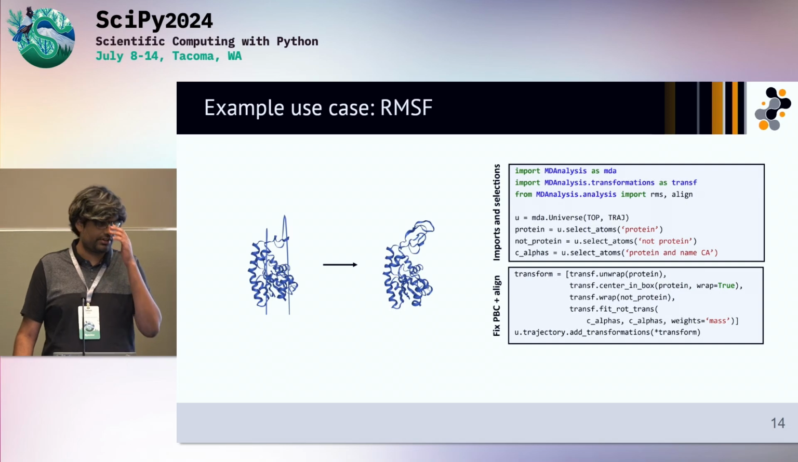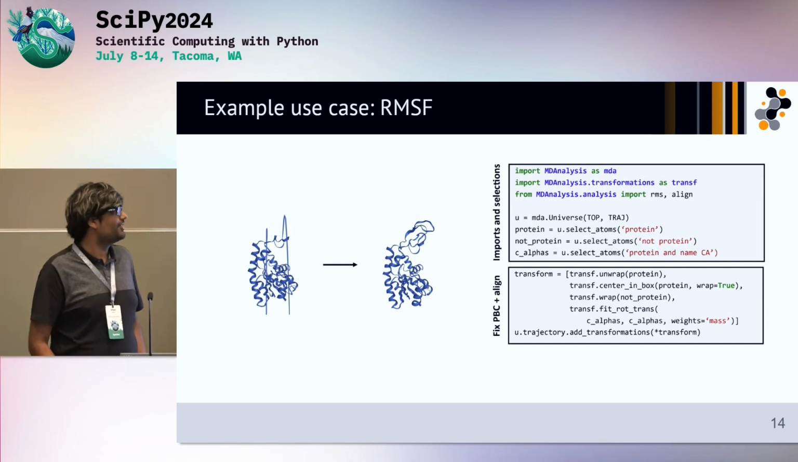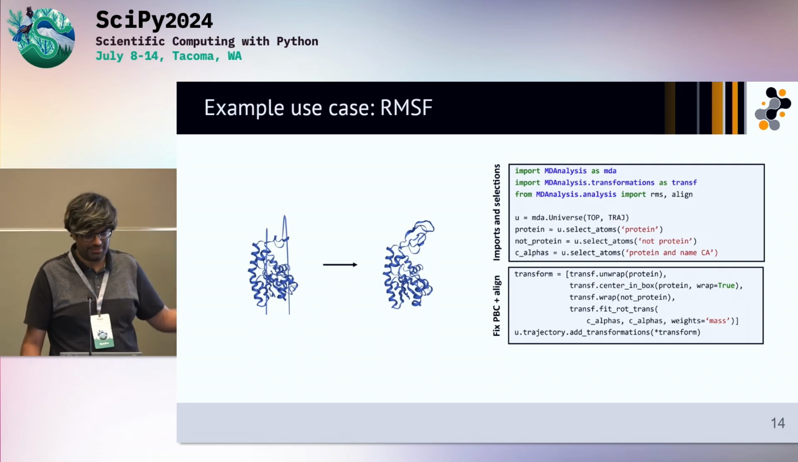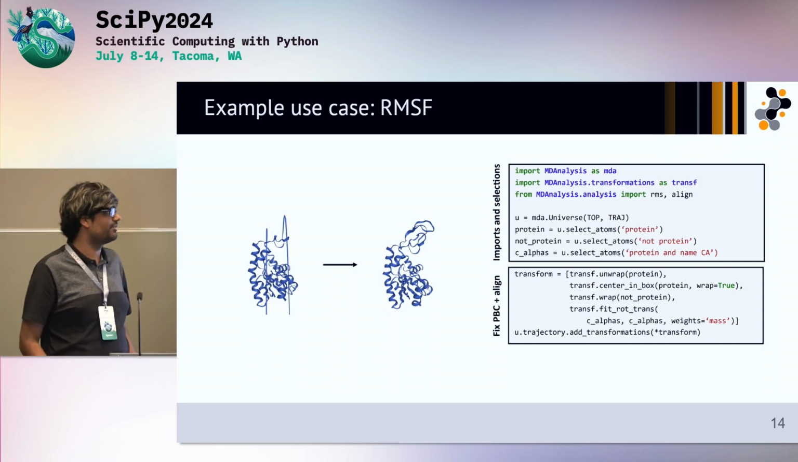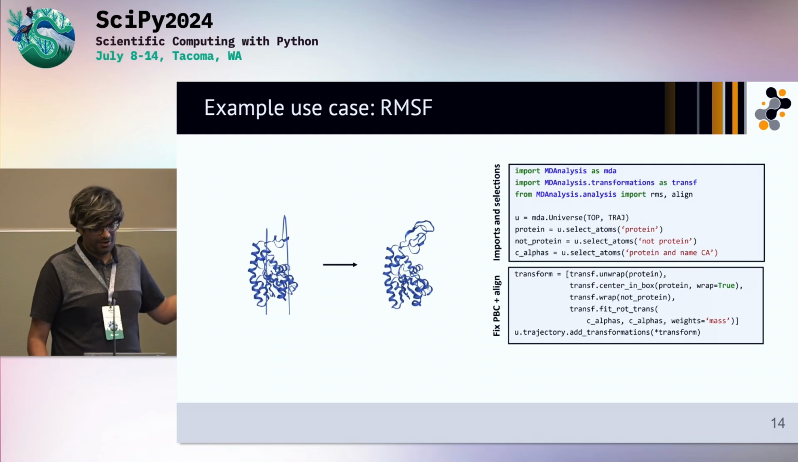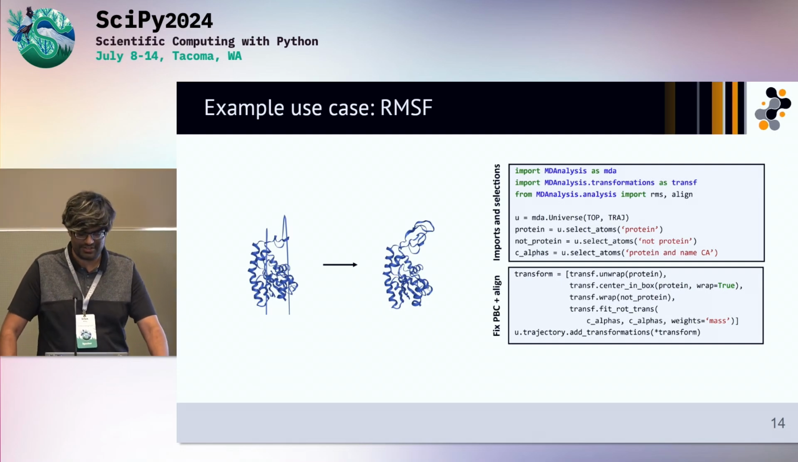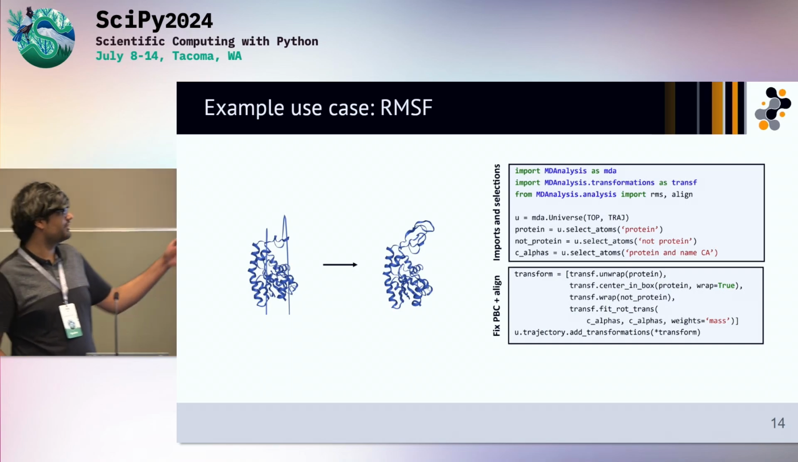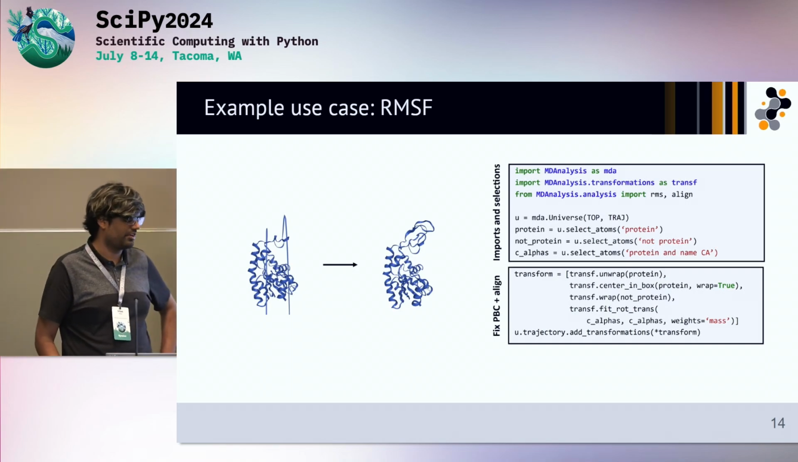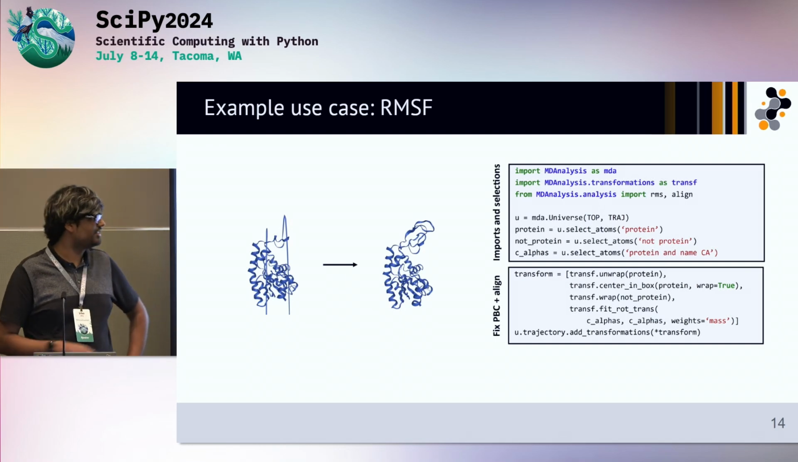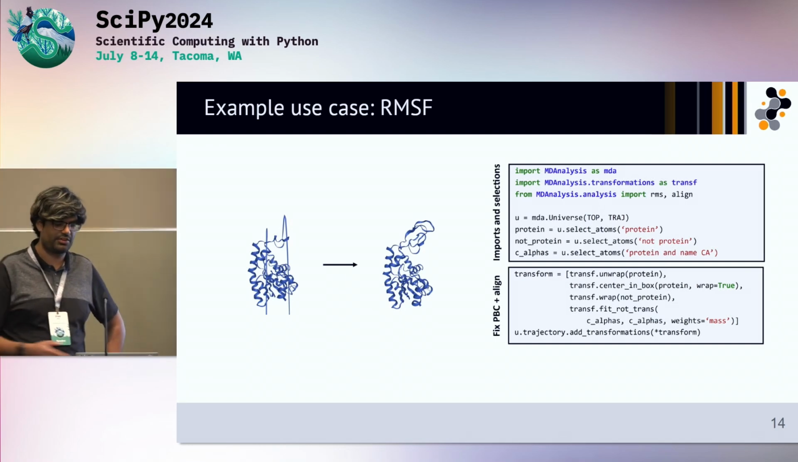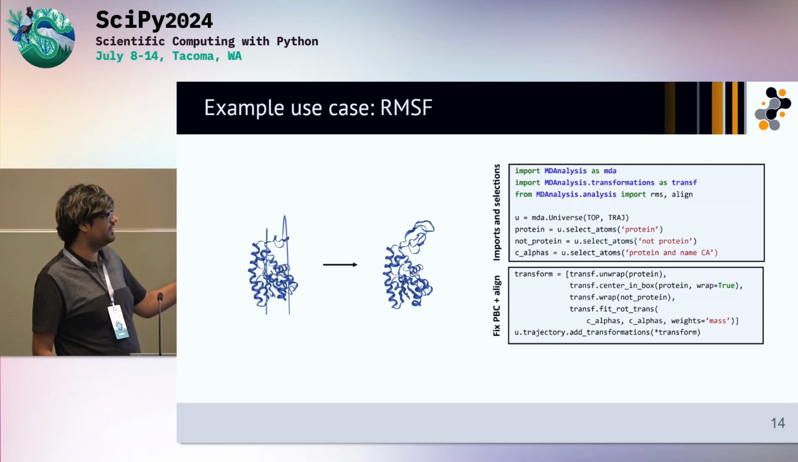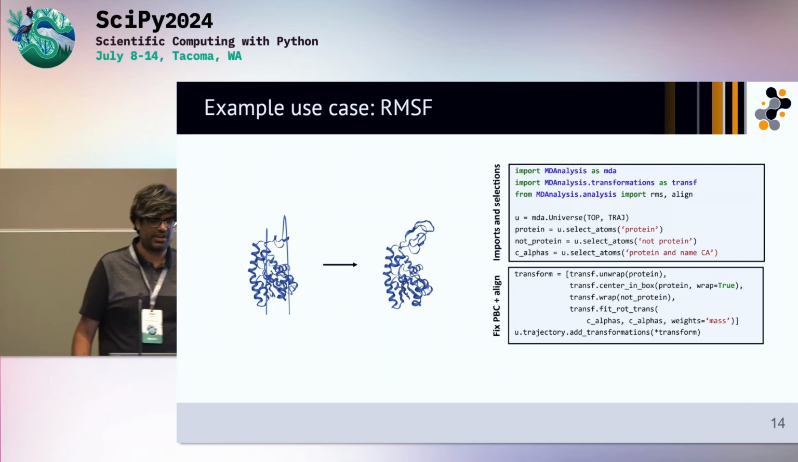So very simply, the idea is that in Python you would import all the necessary things. You would import MDAnalysis, your transformations module, and your RMS module from the analysis library of MDAnalysis. You would load in your topology and trajectory as a universe, so u equals mda.Universe, and then do some kind of subselection of your system and create these so-called atom groups. So here we can, for example, select out the protein, what's not the protein, and then the alpha carbons,